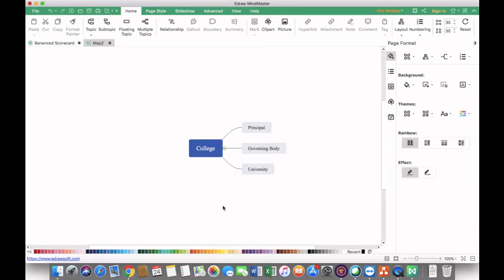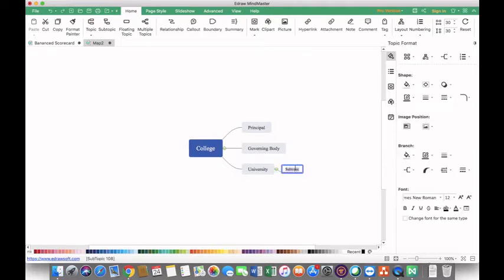Okay, so the college will fall under the university. The governing body will take care of the college management, and the principal will take care of the college activity, education related activities. Now what will the university do for the college? The university will provide support related to examination.